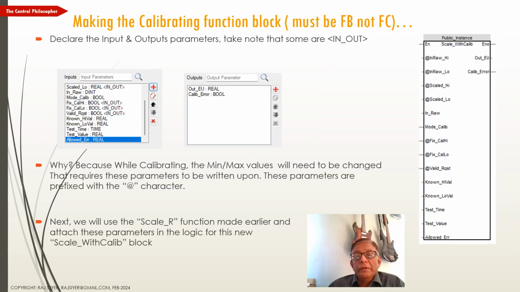Now we continue to add features, that is how to calibrate this scaling block. We have to give it features like there has to be a calibration mode wherein you can change the minimum and maximum values of the input signal, and also the minimum and maximum range of the